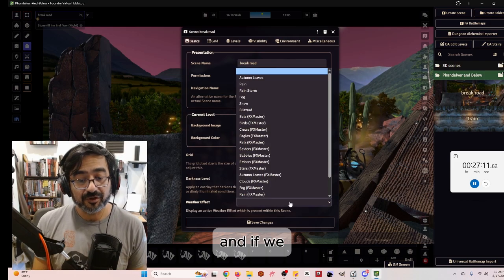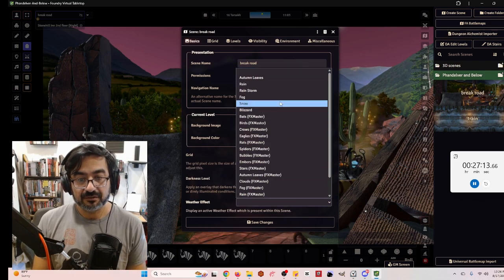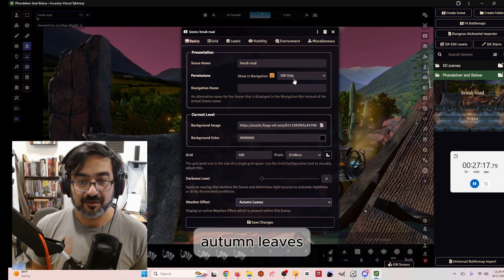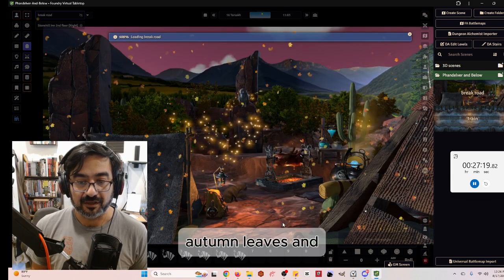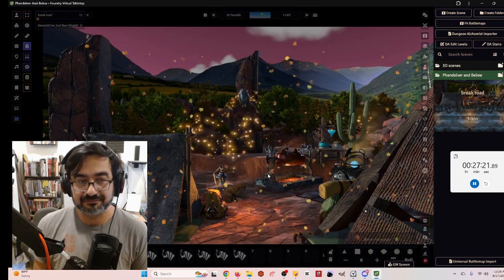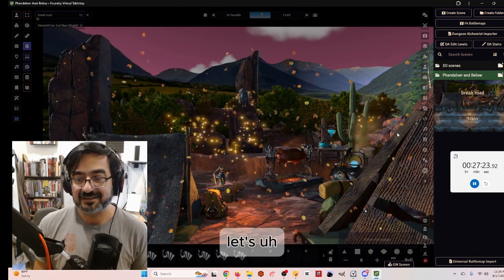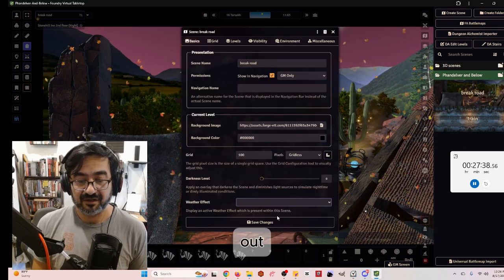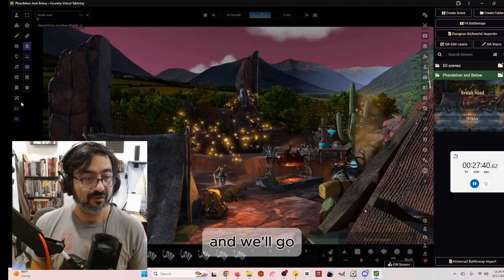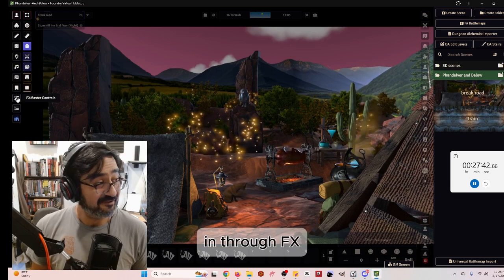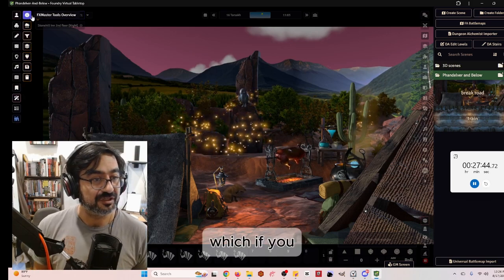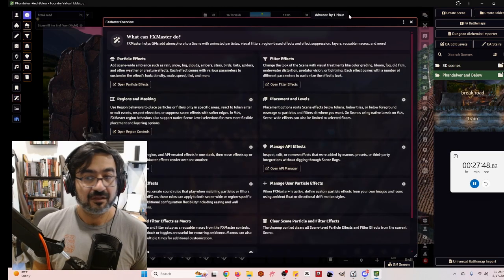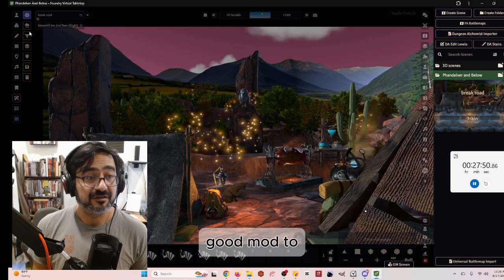And if we really wanted, we could do some weather effects as well. Some rain, some autumn leaves. Let's do some autumn leaves. And that's too many. Let's take it out. And we'll go in through FX Master, which if you are looking to do this kind of thing, this is a good mod to have,